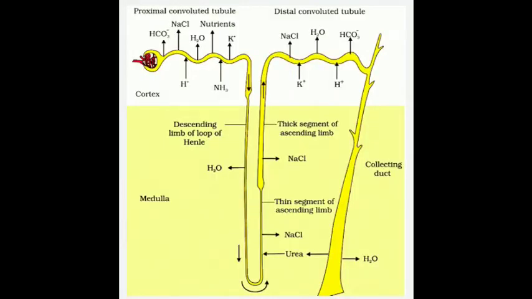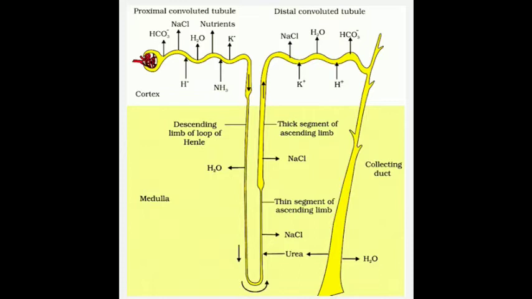As I mentioned about the physiology of the kidney, that is urine formation, I will explain the detail in the picture. It's clear here. You can see the different limbs of the nephron, the descending limb as well as the ascending limb, and you can see which components have been absorbed by the tubules and which have been secreted out. In the proximal convoluted tubule, NaCl, water as well as nutrients and K+ ions are reabsorbed.